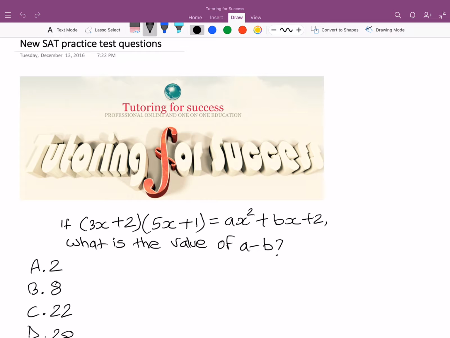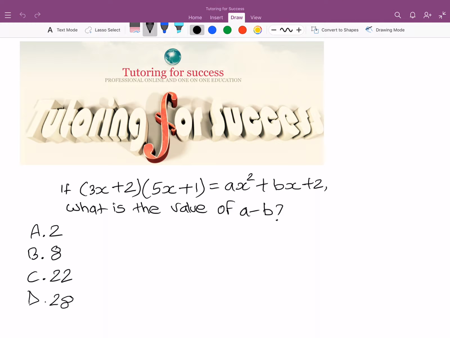Hello and welcome everyone. Today we're going to do a level 1 problem for the new SAT, which is a part of section 2, where no calculator is allowed, and for each problem you have about 80 seconds to complete each question. So let's start. In this problem I have 3x plus 2 in parentheses and 5x plus 1 in one parenthesis,